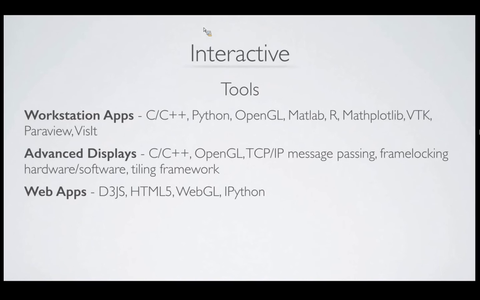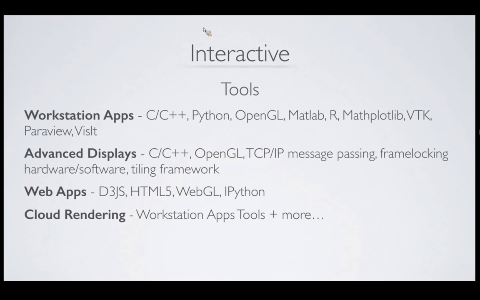So for web app development, there are some tools out there like D3.js that are actually pretty easy to pick up. So if you're curious just about how to do some basic information visualization, I recommend just Googling D3.js. And they have a lot of examples, so it's easy to cut and paste your data and replace some of their data. But then in addition to that, there's HTML5, there's WebGL, there's IPython. All these are really increasing what we're able to do all within a web browser.